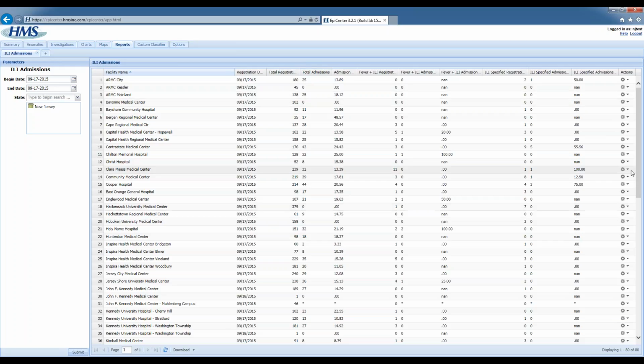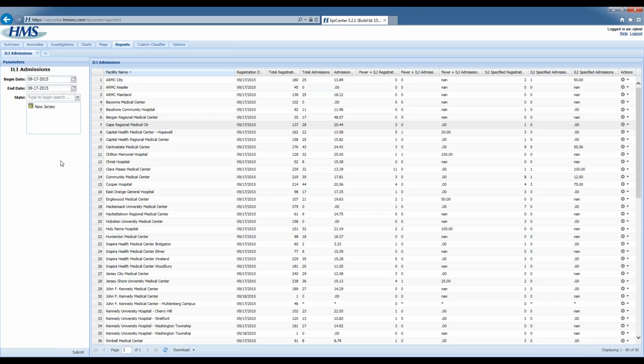And then when you go further to the right on this report, you can see that we also break that down using a number of classifications associated with influenza-like illness. I'm sure you're not going to see a great deal of activity on this report in September, but that will likely be picking up